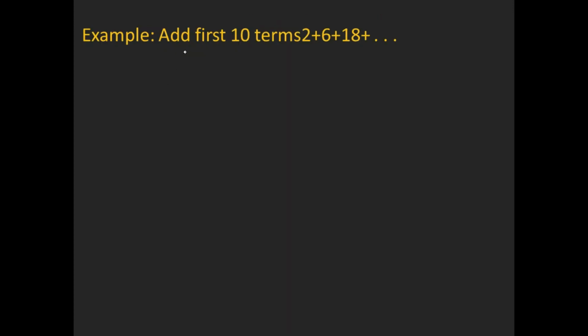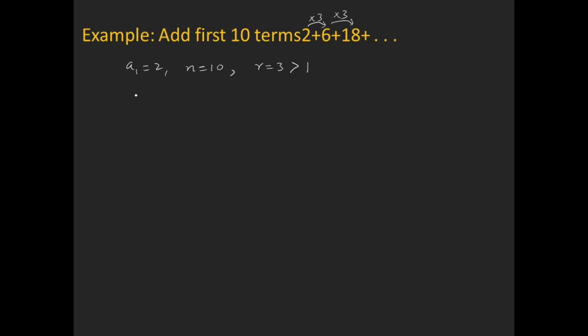In this example, we are to add the first 10 terms of this series, 2 plus 6 plus 18. In this, the first term is 2 and n is 10 because we are adding 10 terms of the geometric series. So this is a geometric series because each time 3 is multiplied. 3 is multiplied with the first term to give the second term, and then the second term is multiplied with 3 to give the third term. So this is a geometric series in which r is 3 and 3 is greater than